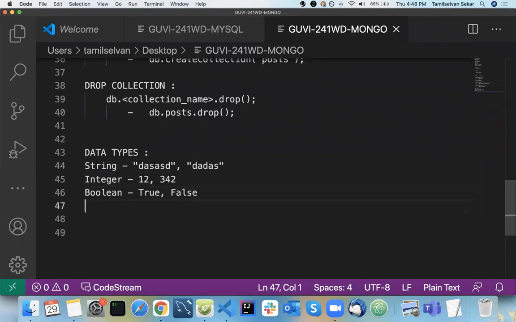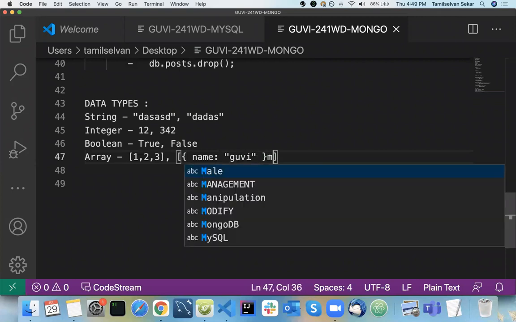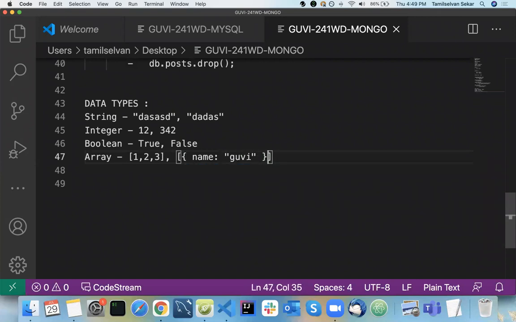And see the advantage of the data types here in MongoDB: you can store arrays, something like 1, 2, 3, 4 and whatever. Same way you can store an array of objects as well. One example is name equal to array of objects, GUI, and inside that you can have another object, name equal to test.